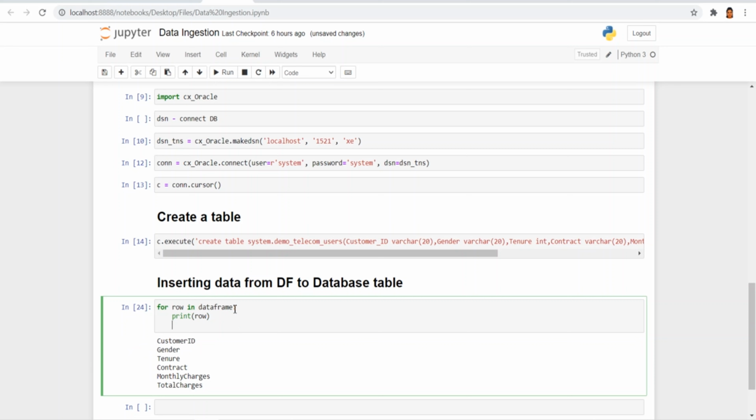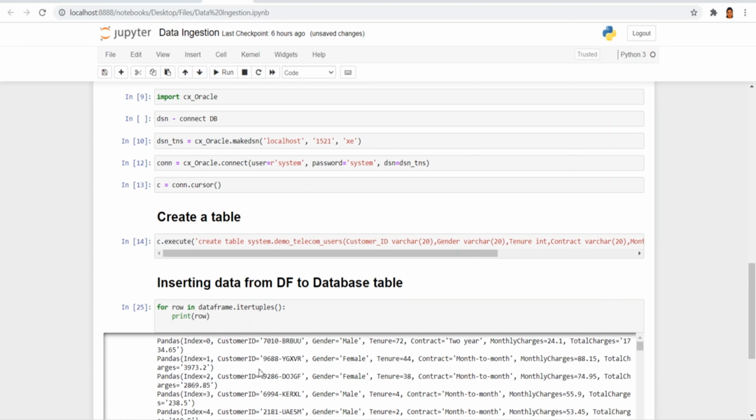So instead of data frame only, we are going to use the iter tuples function, so that it converts each row into a tuple which contains the column name with its respective value. So here we are using for row in data frame dot iter tuples, and inside that let's remove print row.